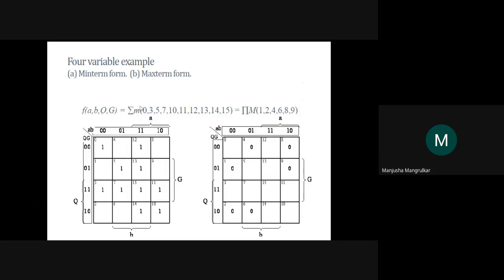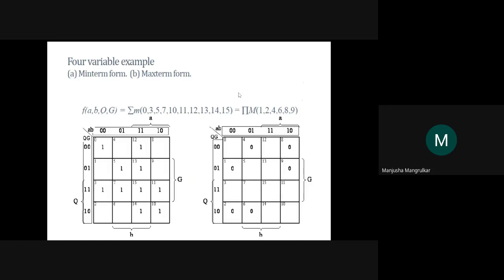That's the difference. So you need to focus first on how many variables. Second, you need to see whether the terms are given as sum of product or product of sum. If it is a sum of product, all these terms are considered as a 1, and you have to focus on the group of all the ones, not on the 0. And all the terms are product terms, and whatever terms you get have to be a sum, so it is called the sum of product.